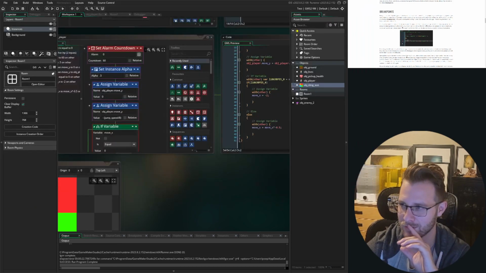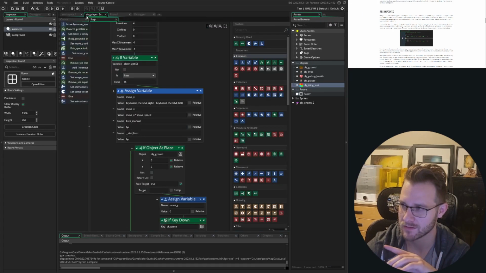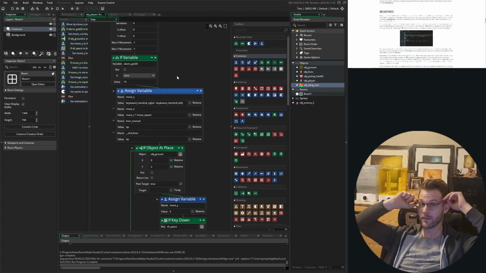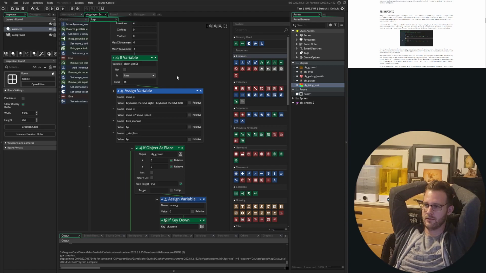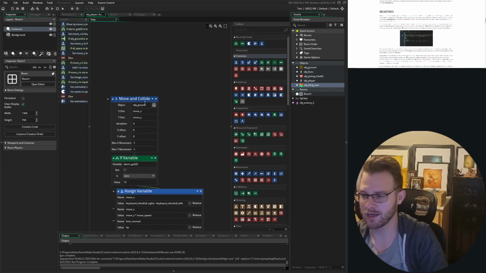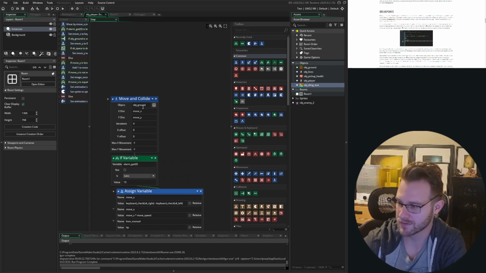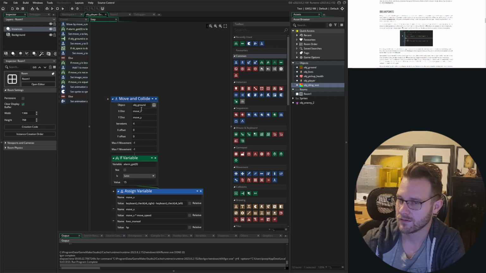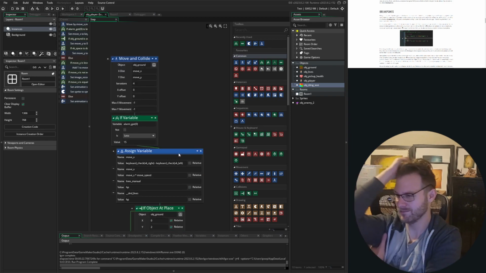Why is the alarm affecting the duration? Oh, man. So now we're waiting 35 milliseconds instead of 15. And it's going to maintain that move and collide every frame with those same variables. So this. So really,